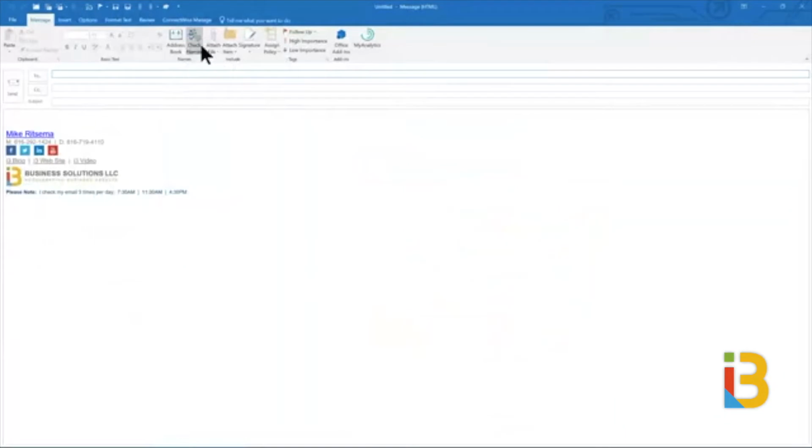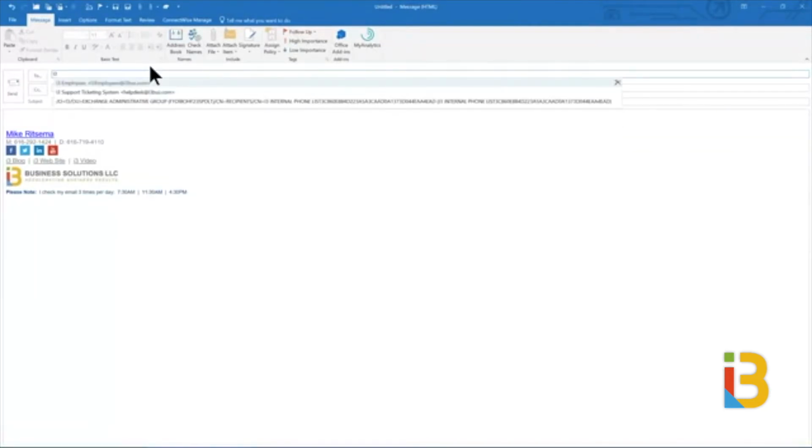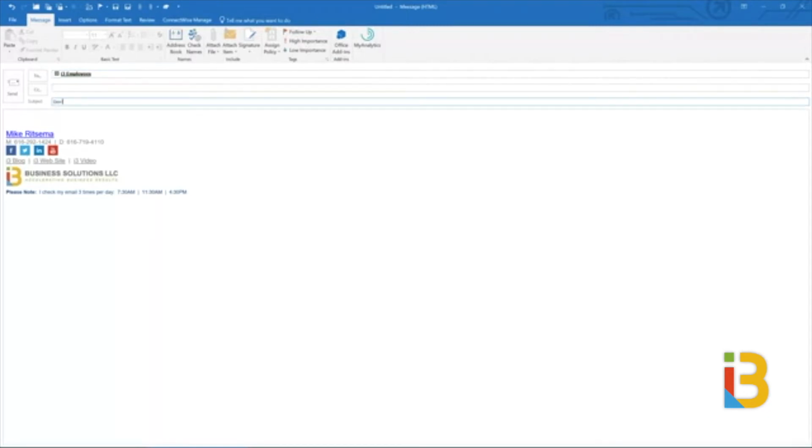Now here's some of the tips that I use on a regular basis. Again, a recommendation for your company. We can set up a group policy that says any broadcast email cannot be delivered till the end of the day. We do not want to interrupt the whole company with an email about the company potluck on Thursday. We don't want to interrupt the whole company at 1:44 in the afternoon with that email. So as I write an email to the whole company, or to a subset, or a group email,